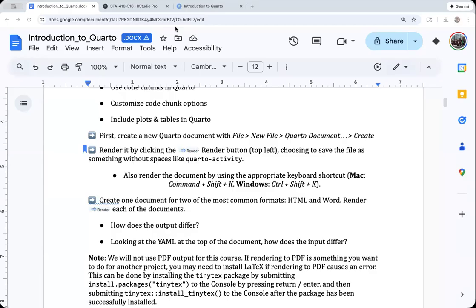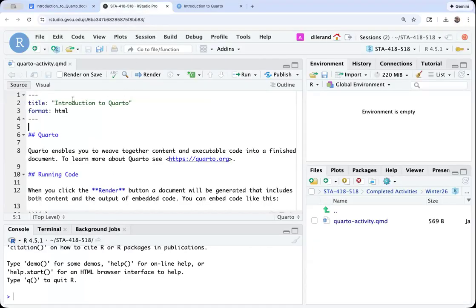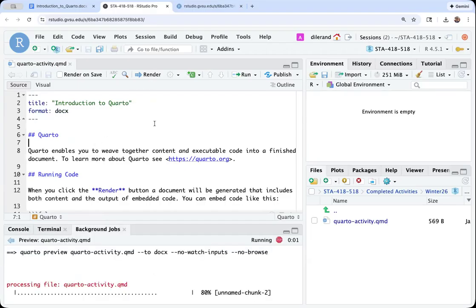So let's look at next how the Quarto document looks when we render to Microsoft Word. If we change the HTML option in the format field to DOCX, being careful of a single space needing to be to the left of DOCX, and this is case sensitive. DOCX specifies a Word report. So if we render this,